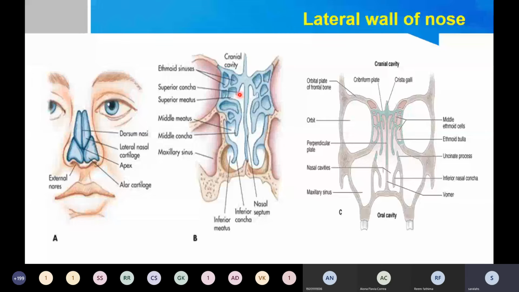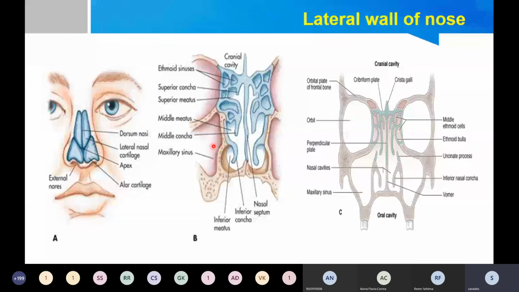Why did I mention the paranasal sinuses? I already mentioned they are air-filled sinuses. Those make the skull lighter, and your voice becomes resonant because of the air present in the paranasal air sinuses. All these paranasal air sinuses and also the nasal cavity are lined by the mucous membrane. So there is production of mucus within, for the functions, like air conditioning and maintaining lubrication and so on.